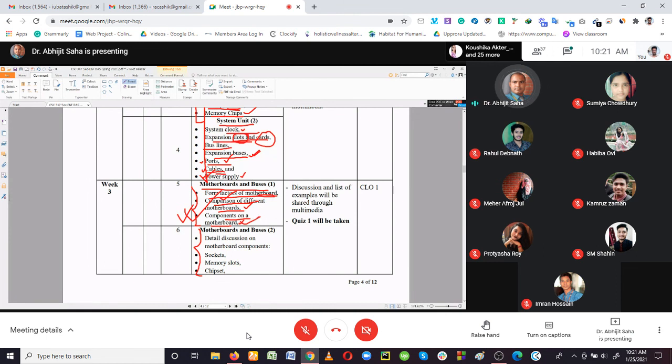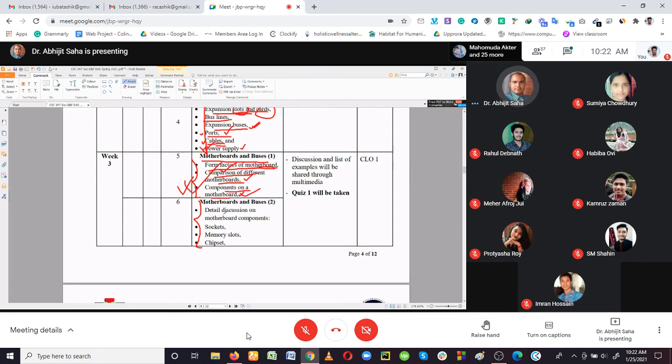We need to understand what the components are on the motherboard, and what their activities or functions are, and how we are going to use them. So we should understand that we're going to cover different motherboard pictures, and compare them to understand them. This is going to be our target, and after that we are going to have a detailed discussion